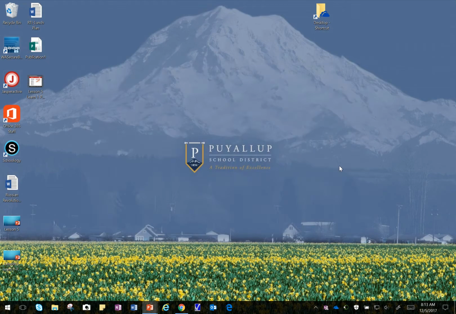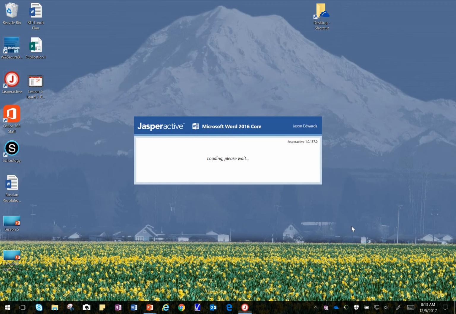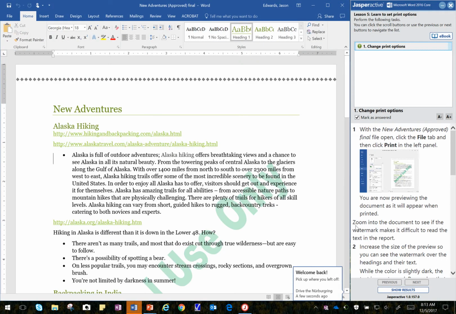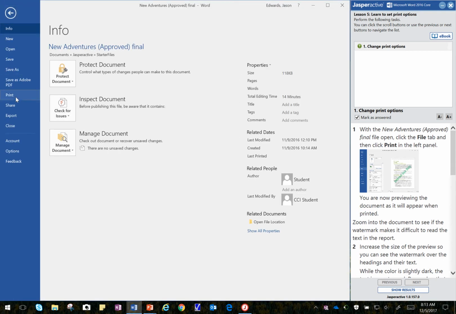That will take me to the lesson where it looks like there's only one step for us to do today with several tasks. So here we go. Let's make sure that the document, New Adventures, is open, and then we are able to begin. It says with it open, we're going to click on the File tab, then click on Print. And we go down here to print,